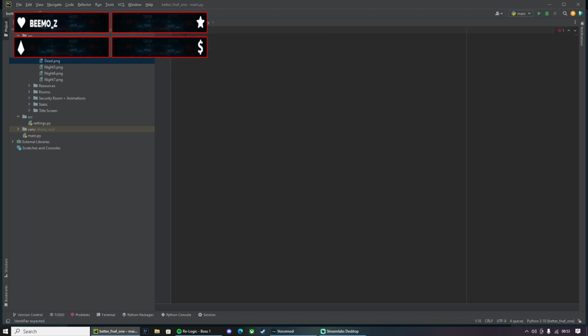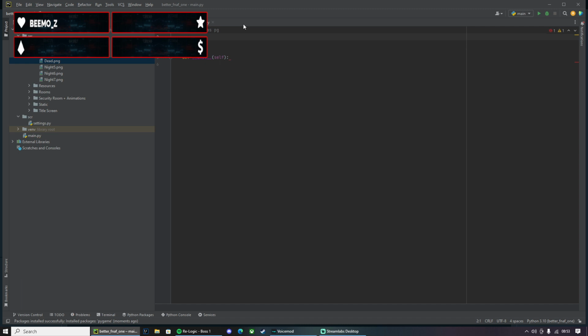Let's import Pygame. We need to download it as well because it doesn't come with Python by default. And let's make a class of window. Let's have def init. Oh, we also need to import the settings file that we've just made.